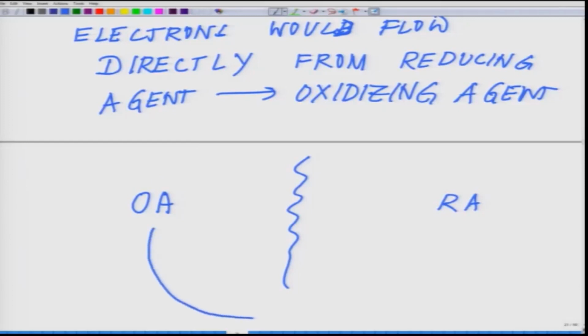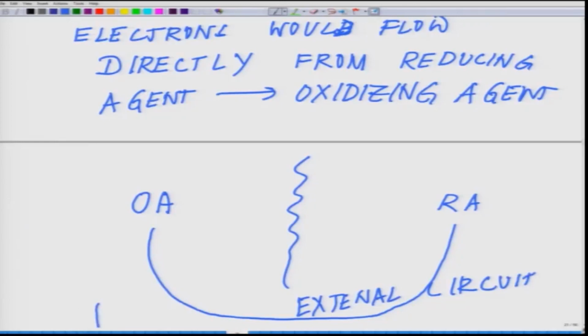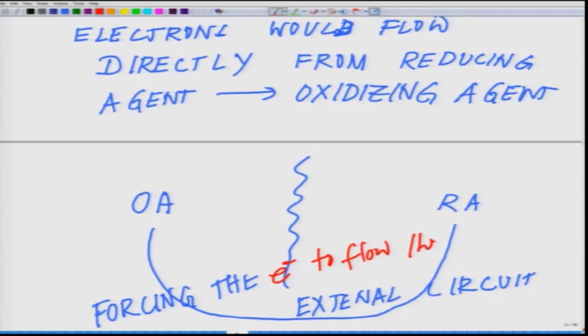So, essentially something like this, there is an external circuit where you are basically forcing the electron to flow through. Okay. So, you are keeping a physical barrier between them and they flow through the external circuit to go from one reactant to the other. Now, there are two terms which I have used and today I wish to highlight,